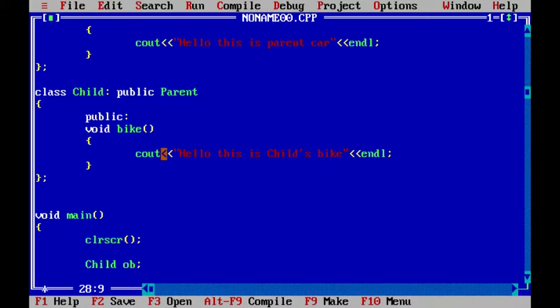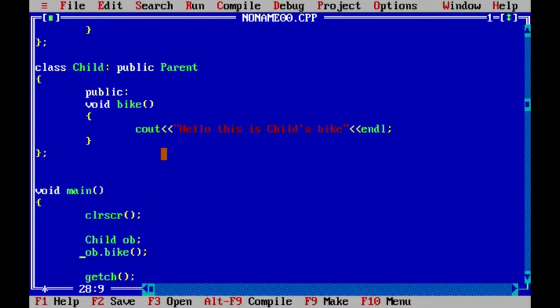Okay. So if I say ob dot, I want bike. So what will happen? ob means child, isn't it? So we are asking for the bike function from child, which is possible because child has its own bike function, right? Okay, let's go ahead and compile this. No errors. If you run this,